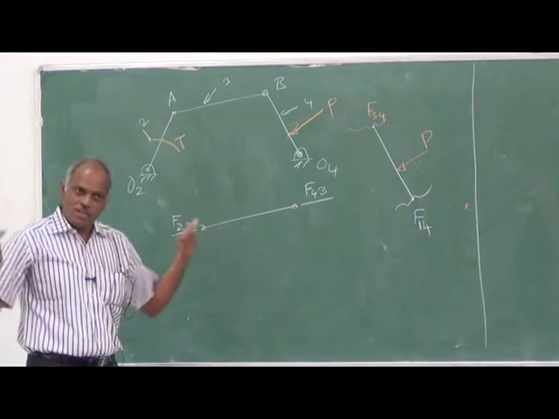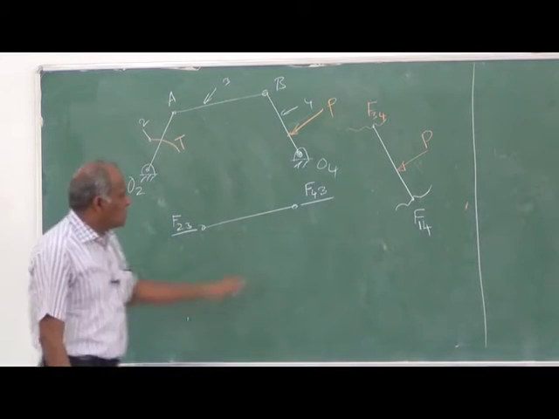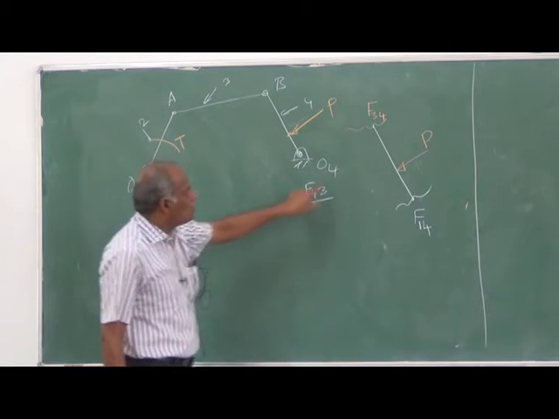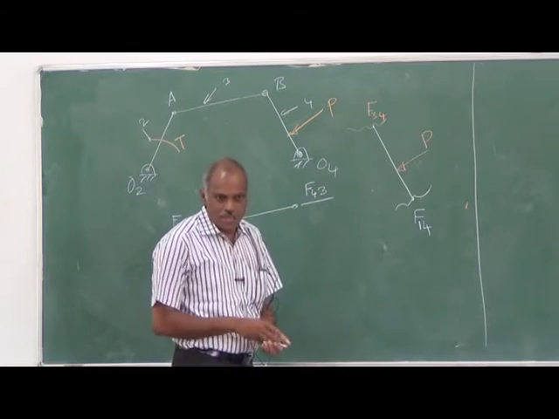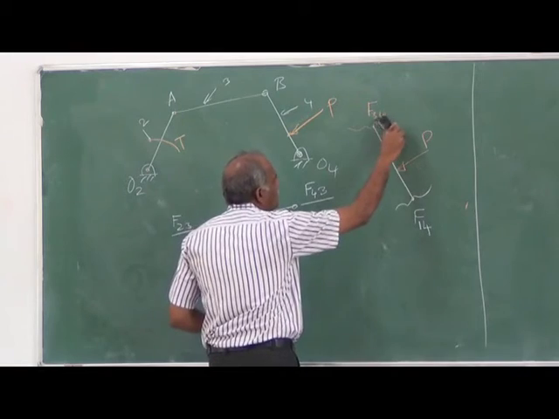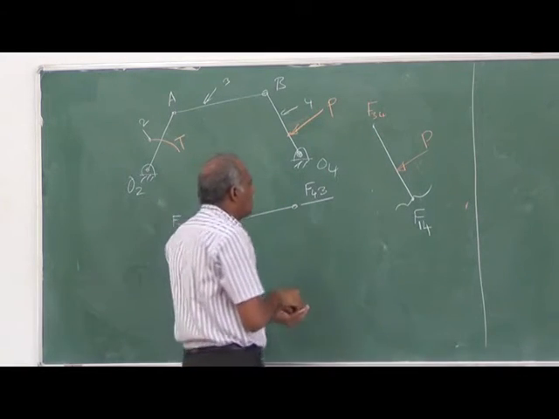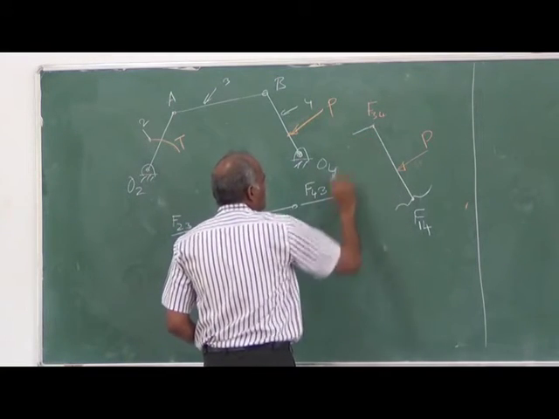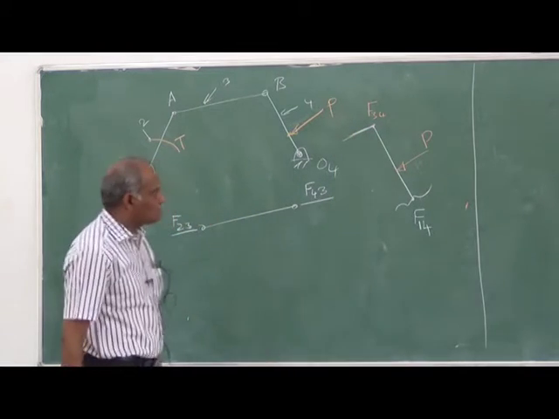Because whether it is compressive or tensile, it will still be in equilibrium. So I know the direction of F43 now, and hence I know the direction of F34 also, because they are just the action and reaction. So no longer is it a wavy sign, because at least the direction I know. The direction of this is going to be like this, parallel to this, but the magnitude of this is not known.